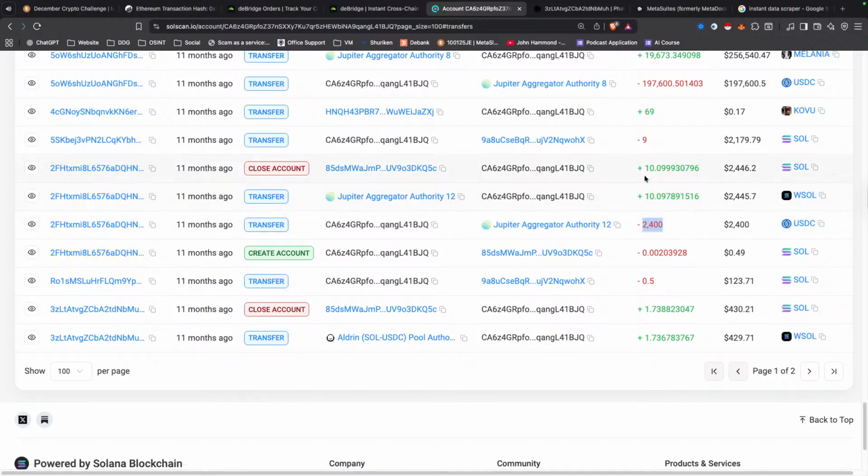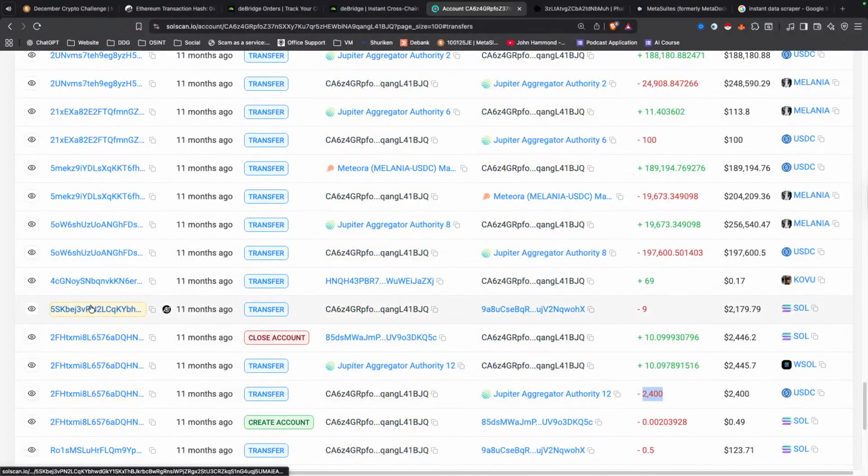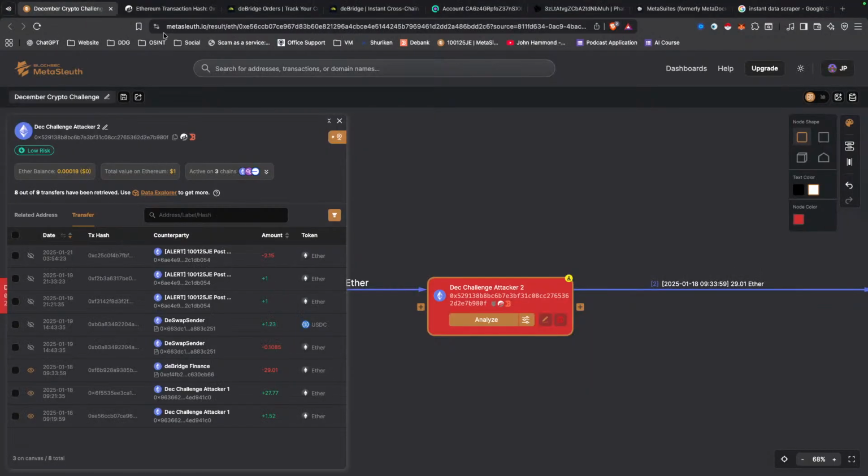USDC out, Solana in. Next, we have another send out, this time of 9 Solana to 988. So I think this address is becoming of interest, and we may choose to add that to our trace.